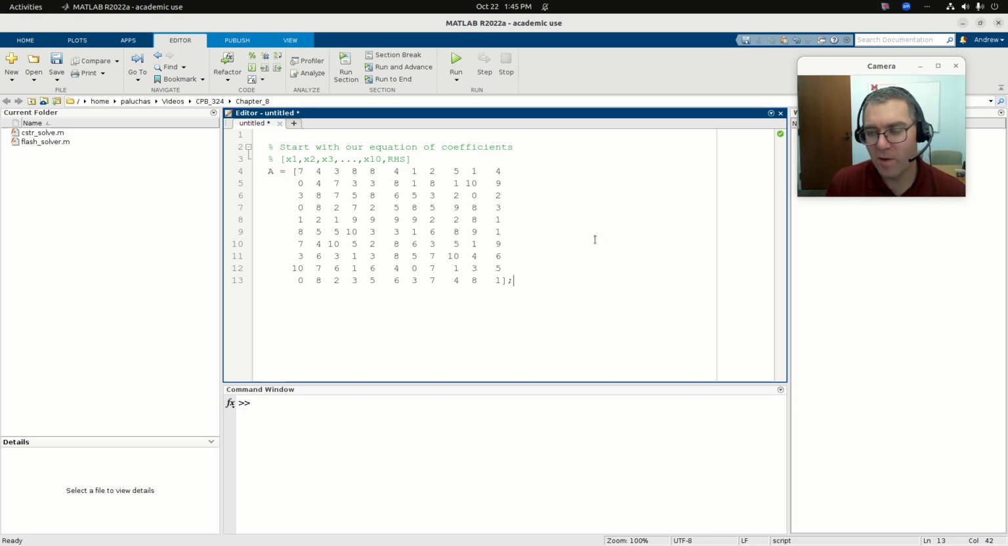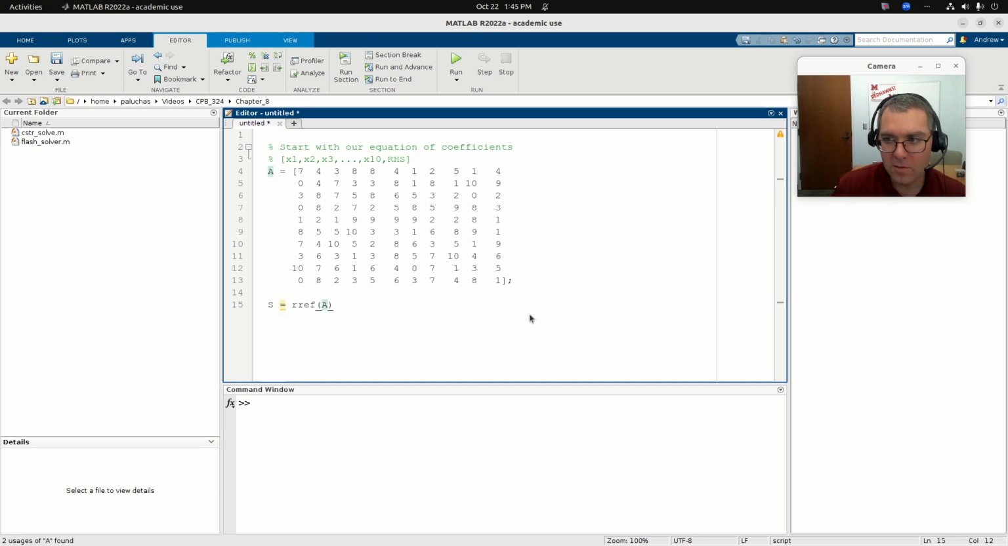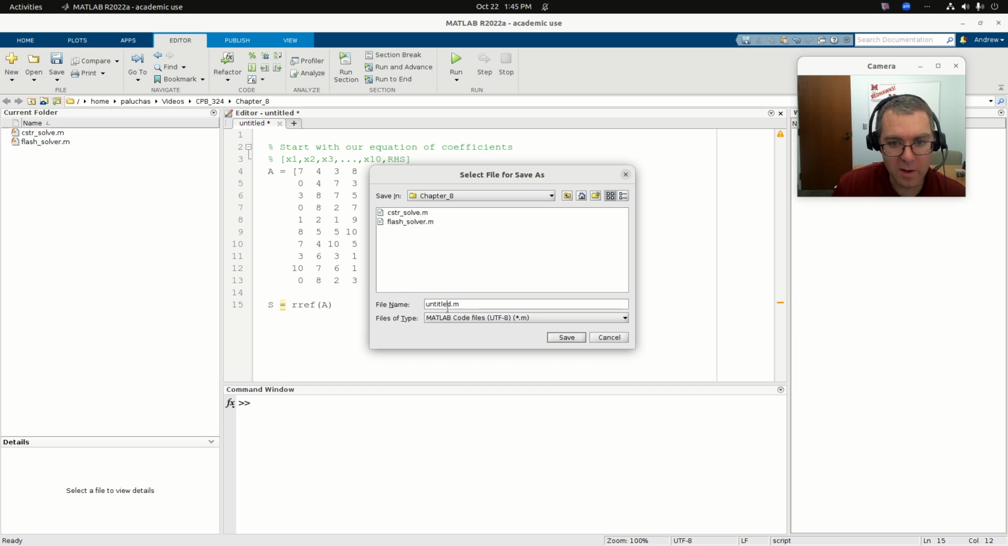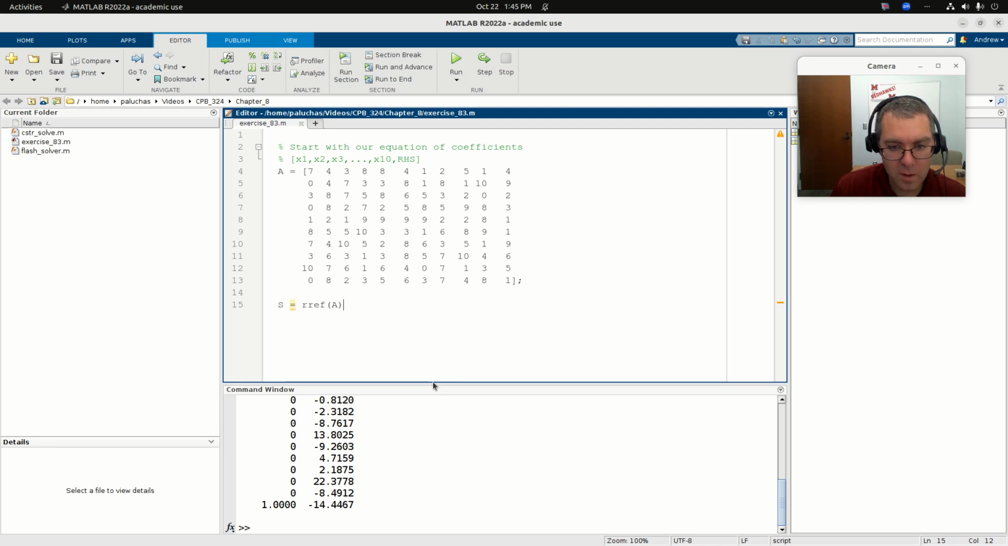Bam. Okay, so I have my system of equations. Now the simplest way in terms of solving would just be, I'll say S is going to be rref, and I give it vector A. Okay, so I'm just going to play with this and we'll build it up. And so I'm going to call this exercise 8.3. Okay, so if I save it and then I run it,